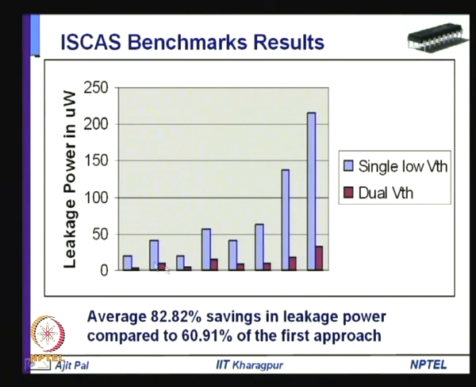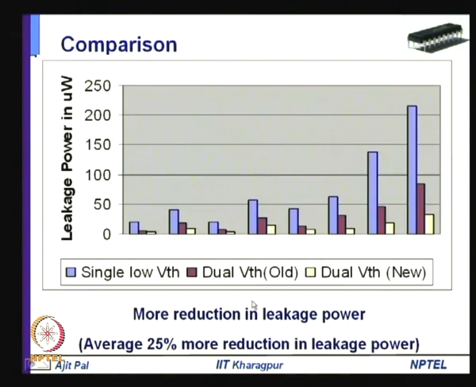Subsequently, these are the same result shown in bar graph form, pie chart form. So, here you can see this is the comparison between single low VT with dual VTH. So, you can see there is significant reduction in leakage power, 82.82%, and then here the